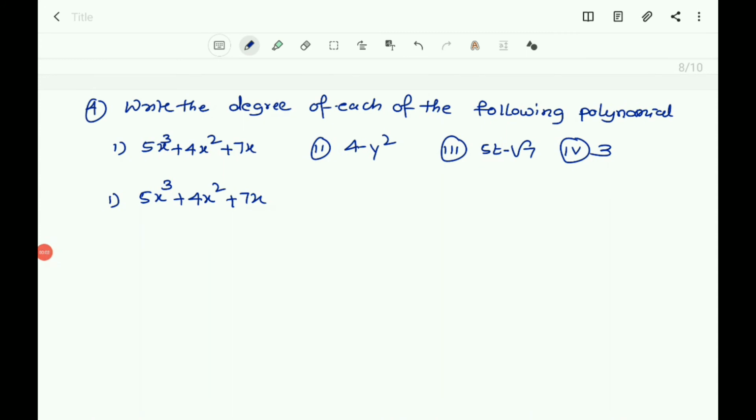Now the fourth question: write the degree of each of the following polynomials. What is the degree of a polynomial? The highest power of the variable. Take the first one, 5x cube plus 4x square plus 7x. Here the variable is x, only one variable is there. Its highest power is 3 here. Therefore, the degree of this polynomial is